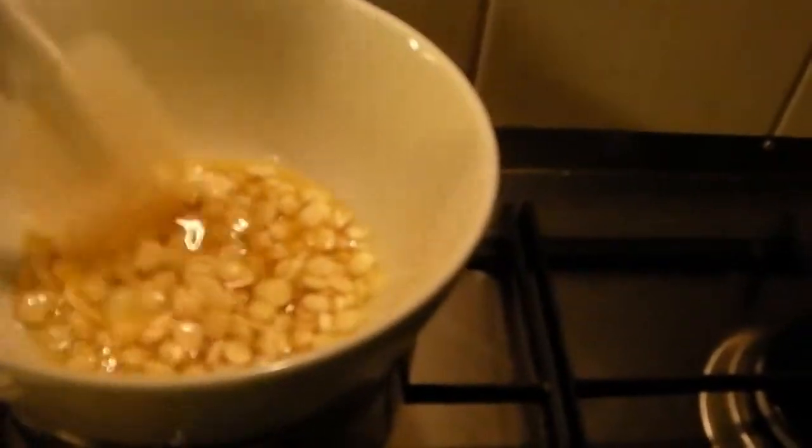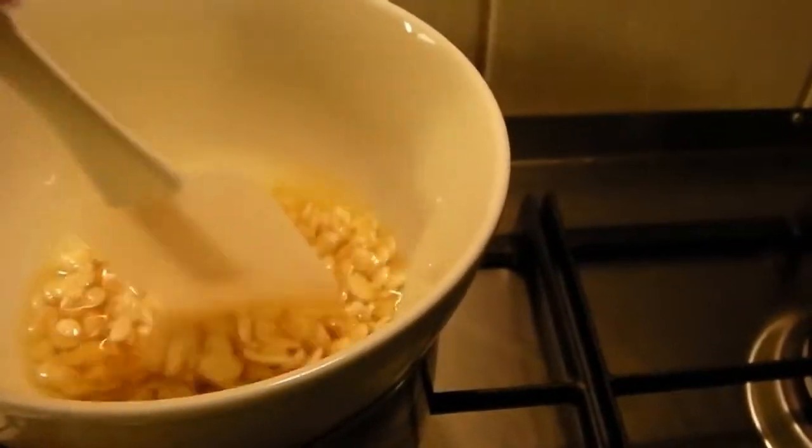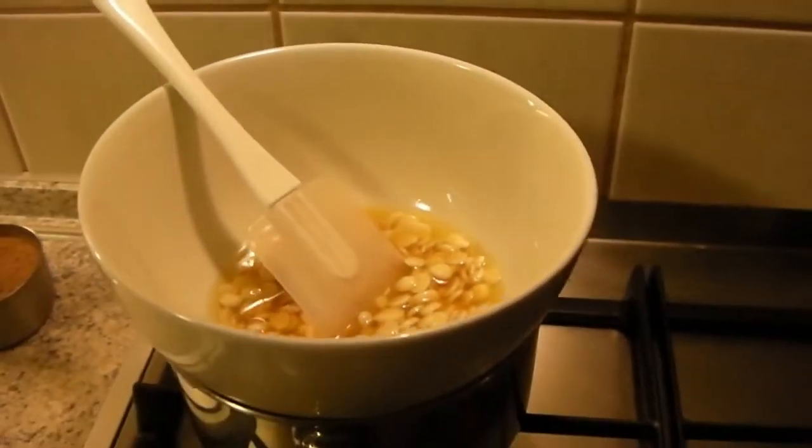Alright, so here's what it looks like as it's starting to melt. You can see some of it is liquid, some of it's still solid. So we're going to let that continue to slowly melt, and then I'll pour in the cocoa, the honey, and